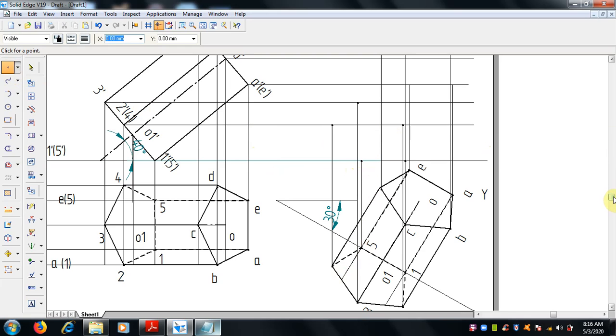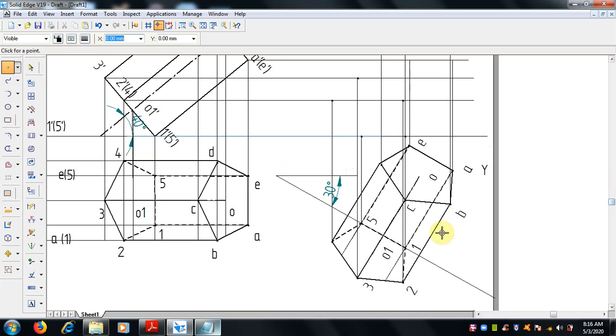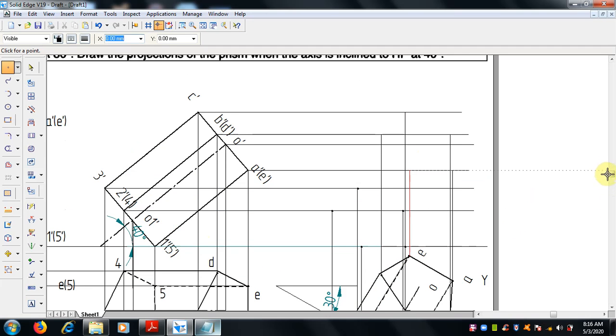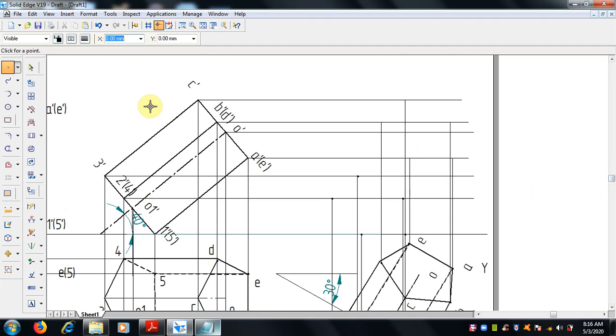So be careful while making, otherwise the shape will not come. So 1 is here, and the 2 intersection with the 2 dash here. 3 dash, where it comes. This is 3 dash, and 4 comes here, and 5 comes here. Just like that we have to make these for ABCD at the top also, so you can easily draw it.